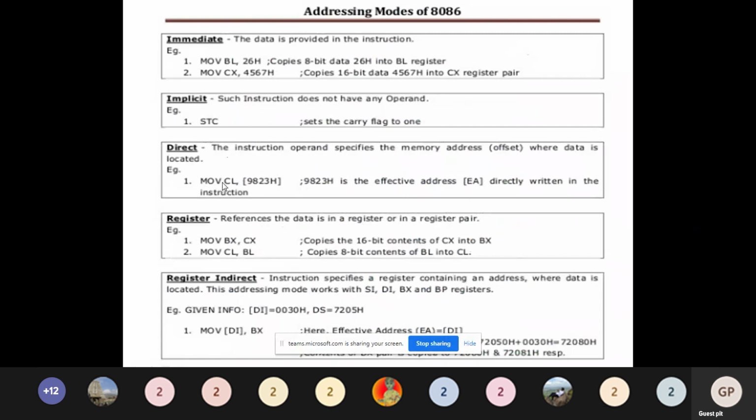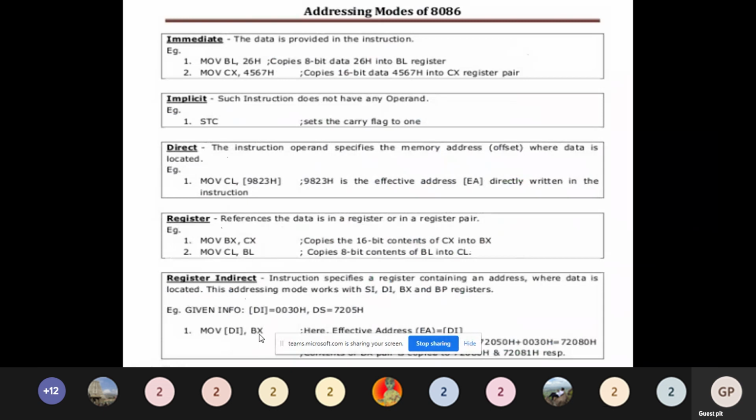Direct means, for example, CL, 9823. This is the address location, and the content in this location should be moved to the CL register. This is what direct addressing is. That means the address will be part of the instruction, that is the direct method. Register addressing means the data is in a register, and from that register the content has to be moved.